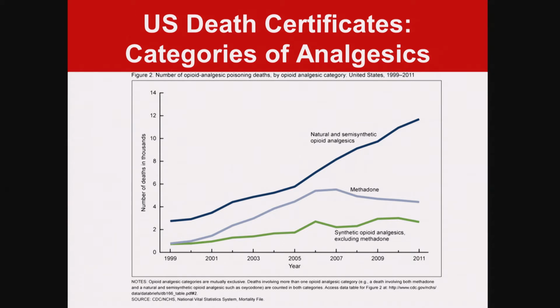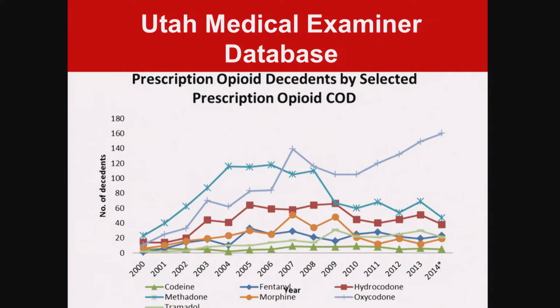But the deaths reported here are limited to those which actually include a specific T code, so it's not all the deaths. In Utah, we can use our local medical examiner data to describe involvement of opioid medications more specifically. Note here that the categories are not mutually exclusive, so you can't sum vertically to get annual numbers of deaths. But many poisonings are due to multiple drugs, and these drugs would be represented in ICD-10 coding